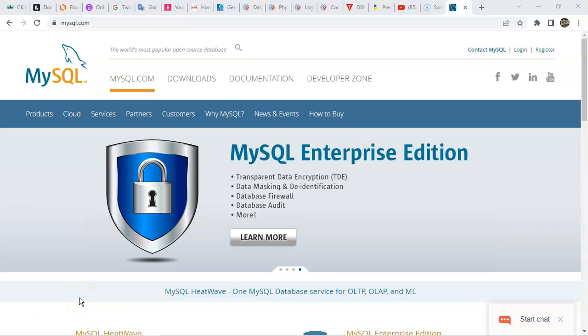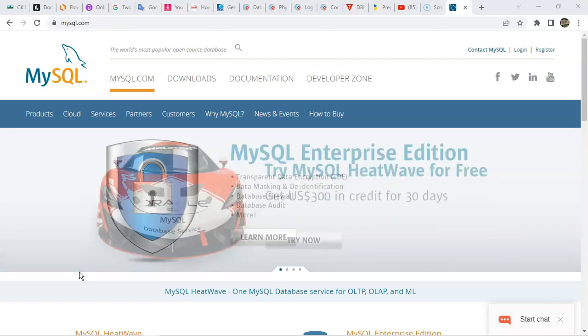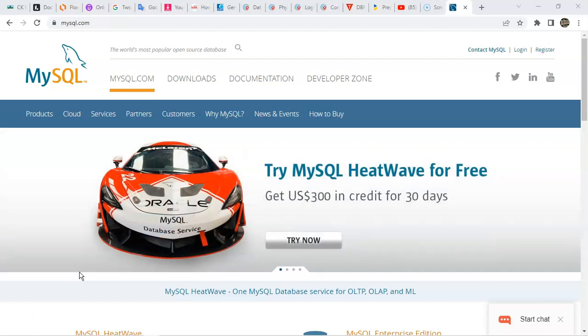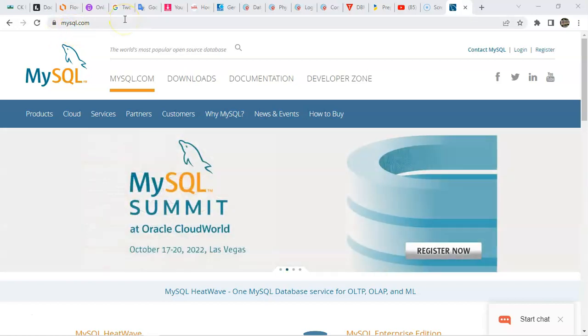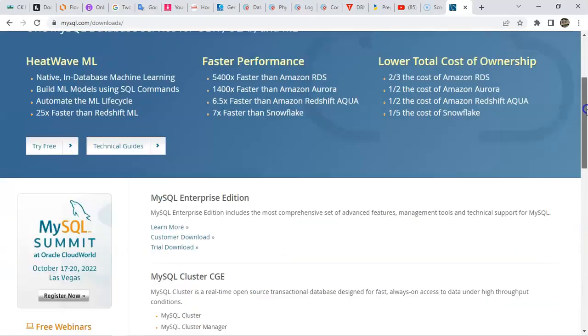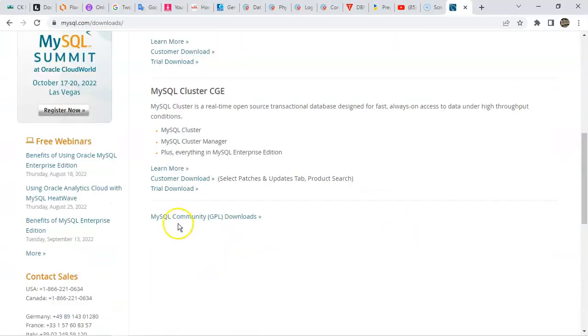Welcome everyone. In this tutorial, we are going to see how to install MySQL and Workbench, which is the graphical interface to use MySQL. So in your browser, you need to type mysql.com and enter. So you will see this is the main page of MySQL. You need to click on Downloads, and after that, scroll down to select MySQL Community Downloads, which is the free